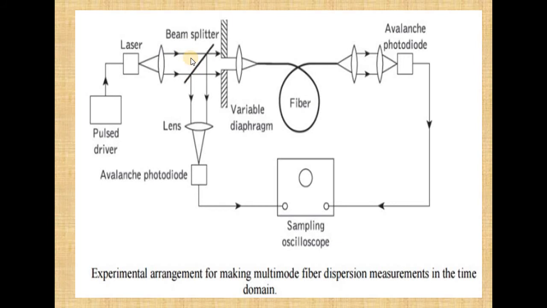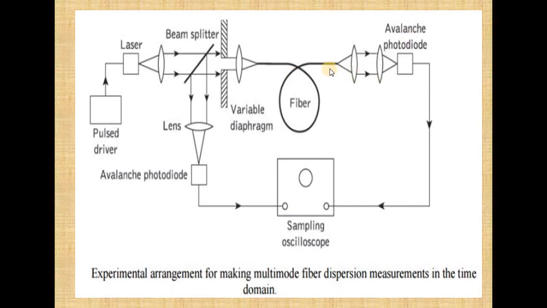Here the beam splitter is used to split the transmitted and reflected signal based on the beam ratio. Based on the type of fiber we are going to use, we can use either single mode fiber or multimode fiber. In single mode fiber, it causes intramodal dispersion, and in multimode fiber, intermodal dispersion takes place.